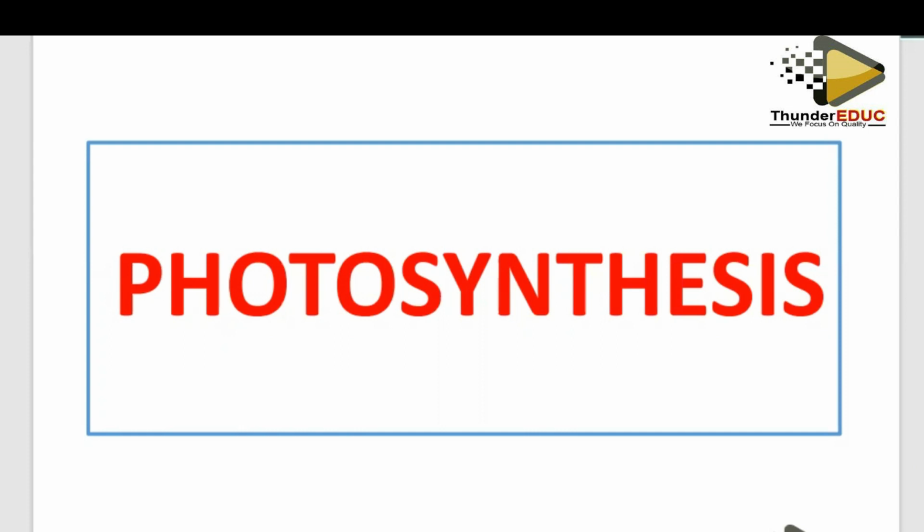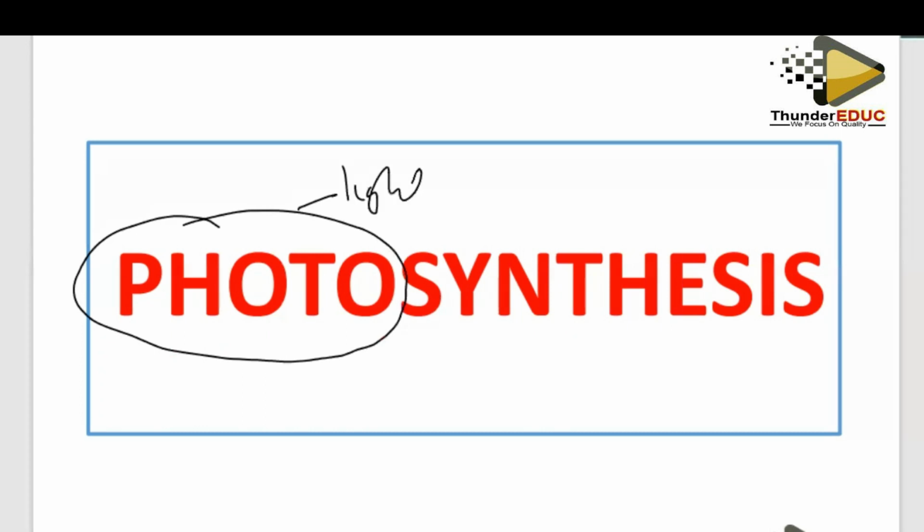Before you go for any topic, you need to understand the concept or the key areas, or why that topic is called so. So photosynthesis comes from two words. The first word is photo. When you say photo, it means light. Then synthesis. Synthesis means manufacture, production